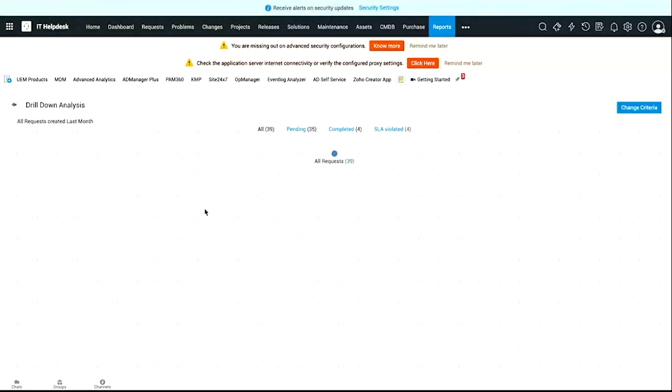So when we talk about drill down analysis, this feature allows users to start from the high level summarization and click on the specific metrics, which allow us to access deeper insights into the underlying data. So let's take a scenario where you want to make a drill down analysis on all the requests that were created last month. It's a count of 39, and then you can select the priority based on which it should be drilled down,